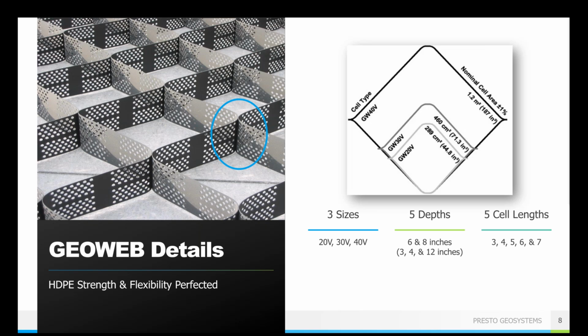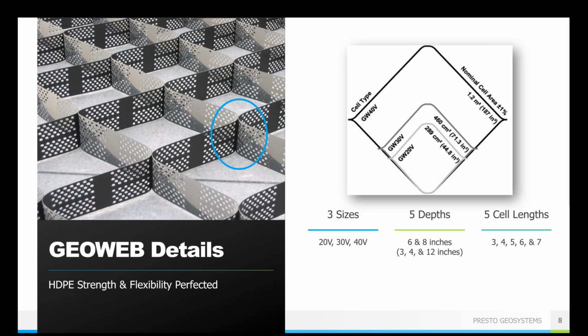The GeoWeb geocells do not use any fillers or exotic polymer alloy blends, which can ultimately reduce things like your weld strength. Those alloys or polymers are sometimes offered in competing products in the name of increasing your cell wall stiffness. So to avoid weld failures and the damaging effects of differential settlement, you really want to focus on uniformity in performance across all elements of a geocell system rather than focusing on a single parameter such as cell wall stiffness alone.